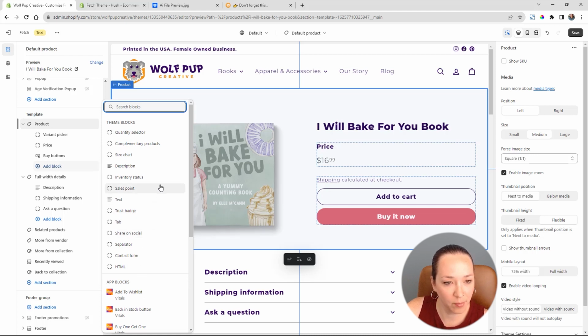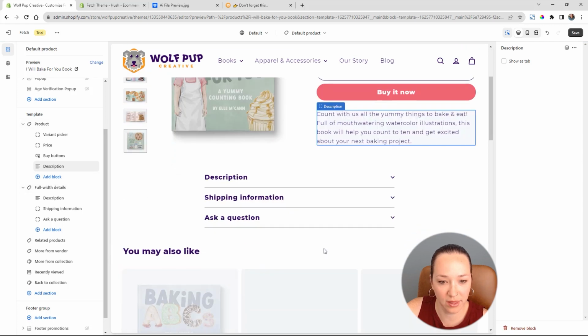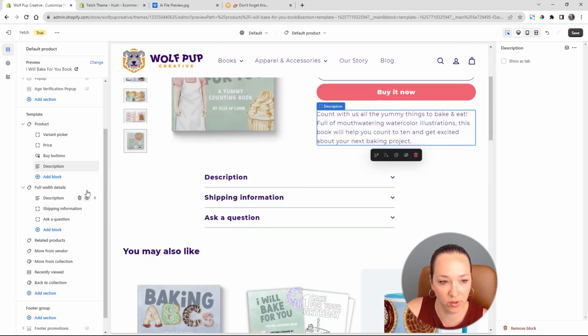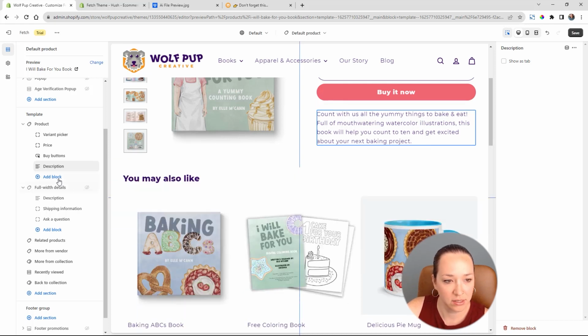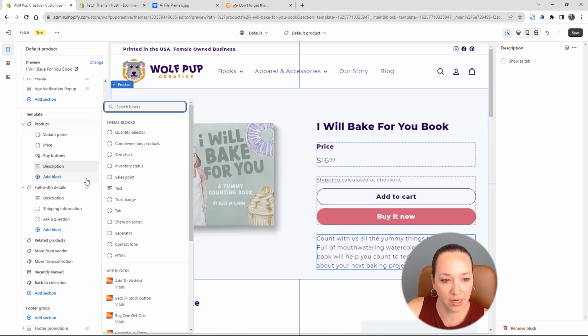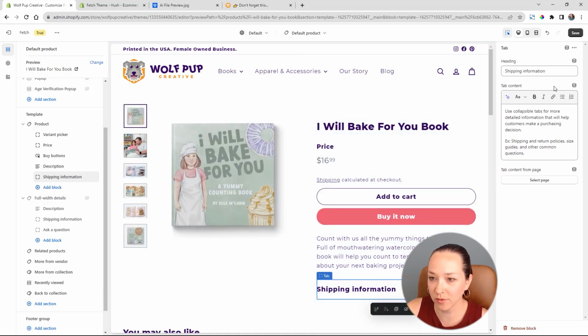Okay, so we've got a couple things. I like that we've got a description that we can pull in here too. Let's see, full width details. Okay, so we've got full information here. I think I would rather have it underneath here though. So let's click add block and see what this tab is. Okay, great. That's exactly what I was looking for. So we can change the title here to details,